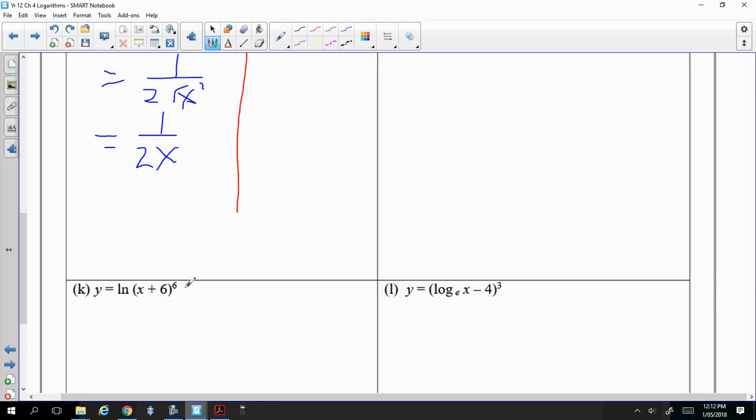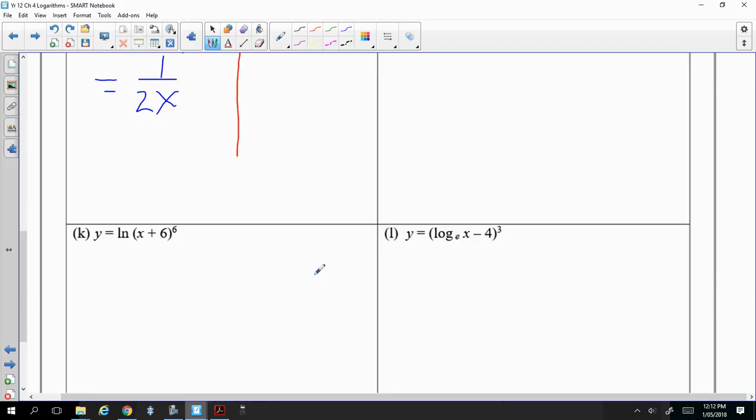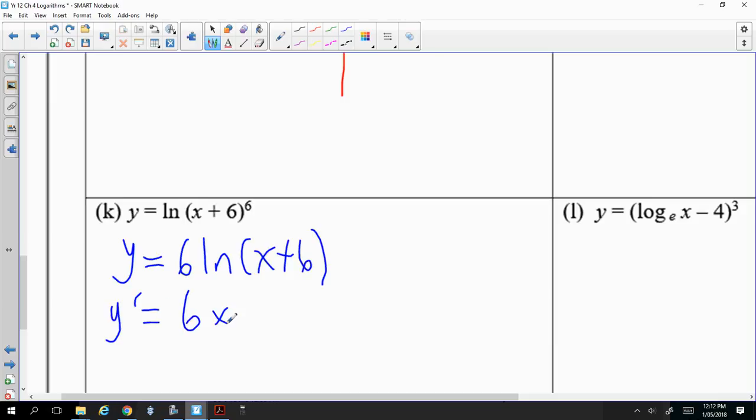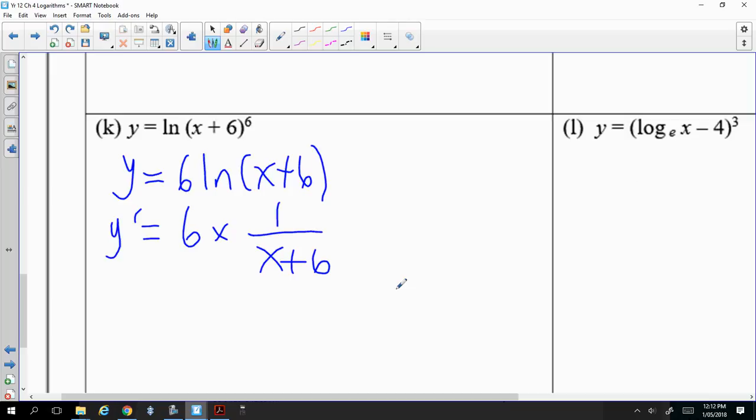Okay, let's do that. So again, this is still y using log law, 6 ln x plus 6. When we differentiate, we can just ignore the constant, which is 6 times 1 over x plus 6. And then you get 6 over x plus 6. Now be very careful that this trick doesn't always work, because the next one, you can't use log law because